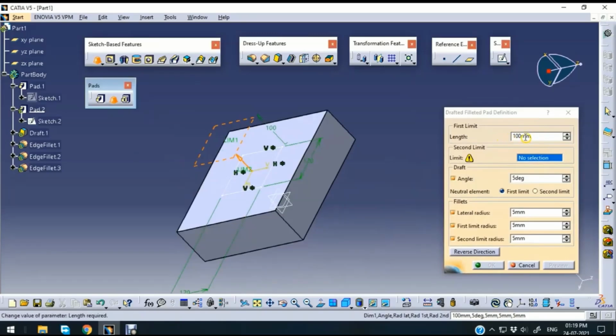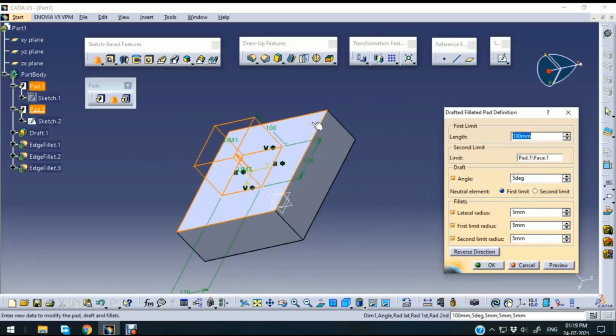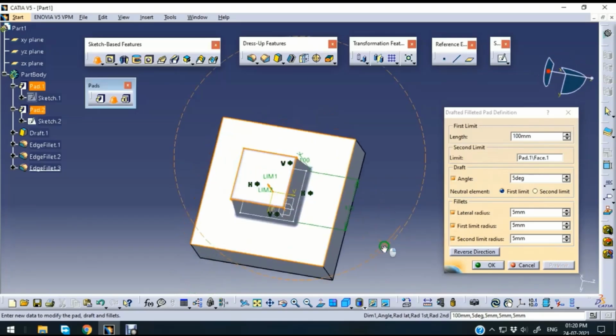So along with the length, it is asking for a second limit. For the second limit you can choose any plane or surface. For example, I want to choose this surface as the second limit. Okay, so the limit got selected. See, in addition to the pad option, there is an option for draft and fillet. The default value they have given is 5 degrees. Now if you give preview, you can see